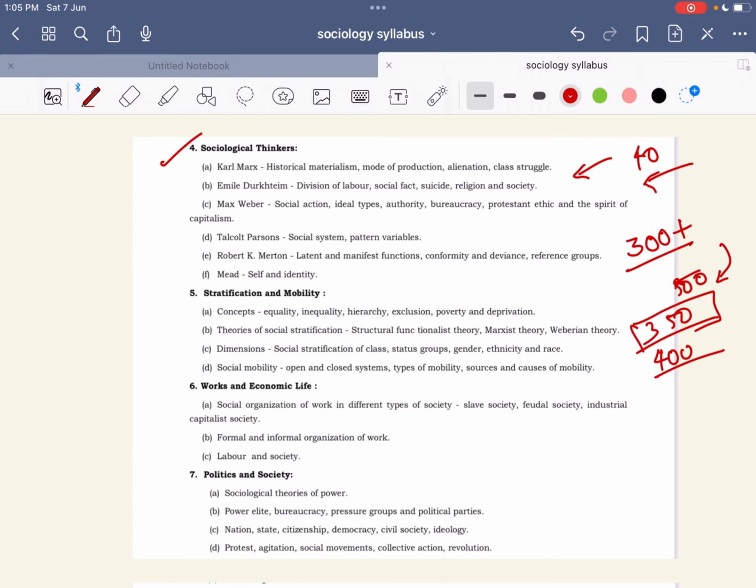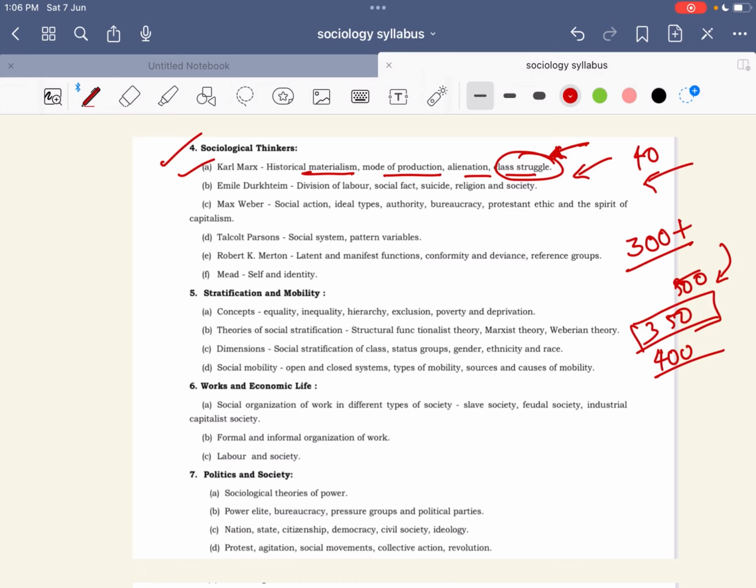So there are these sociological thinkers, and it starts from Karl Marx. See, Karl Marx everybody knows, whether they study sociology or not. He is a very good thinker. We call him a thinker, but he is a very important thinker from the sociology paper point of view. Karl Marx: historical materialism we will study, then mode of production, alienation, and class struggle. All of us know what class struggle is, and Karl Marx's main interest area is class struggle,